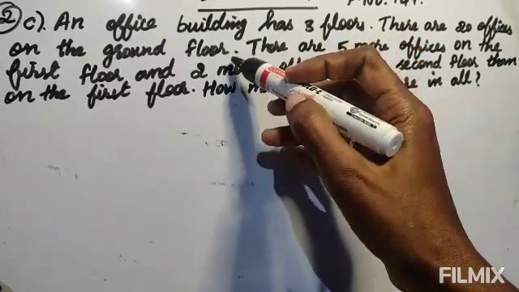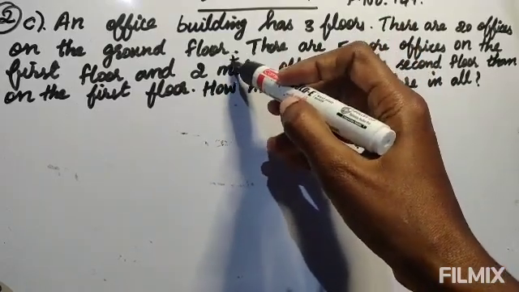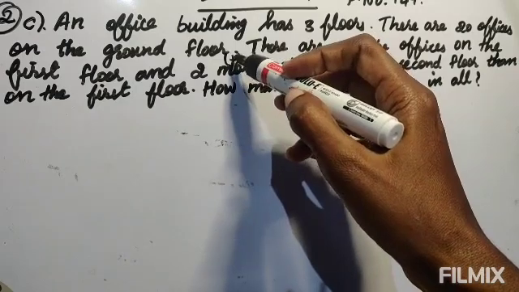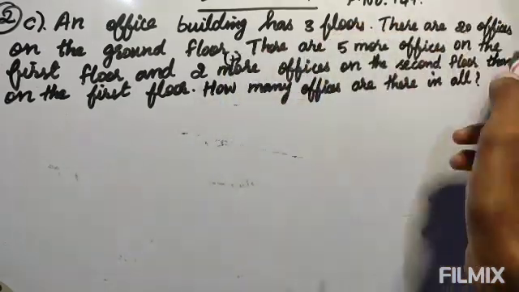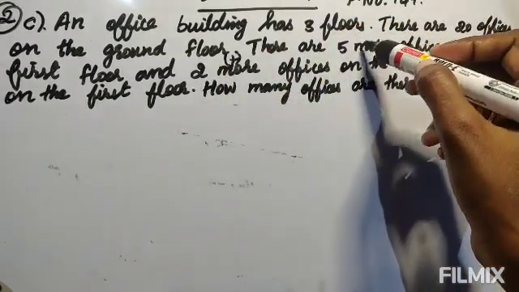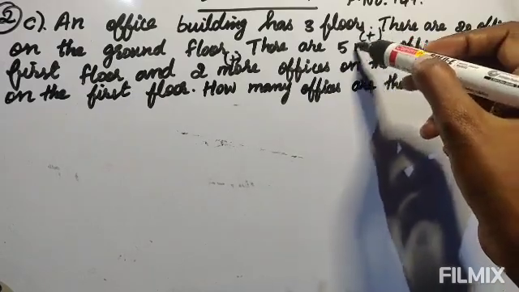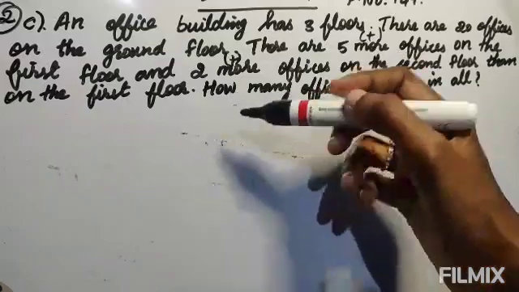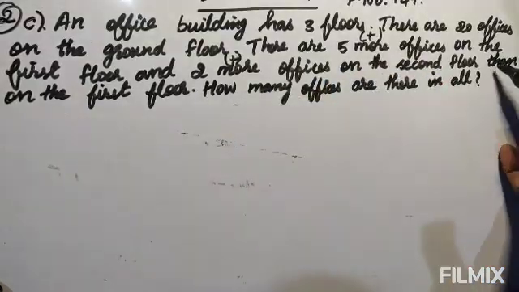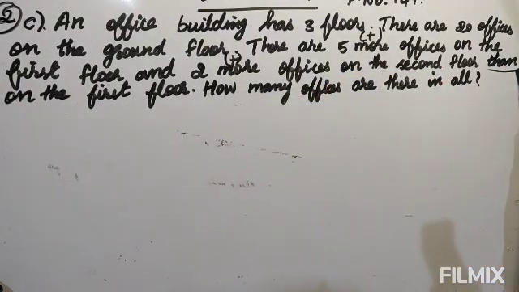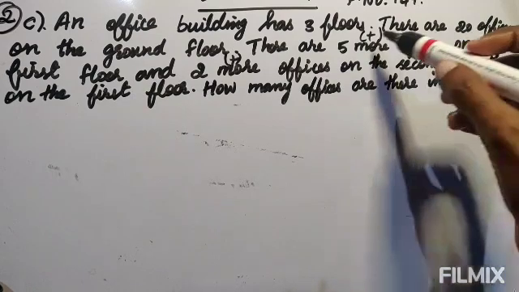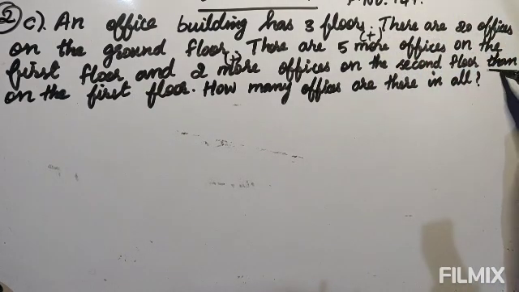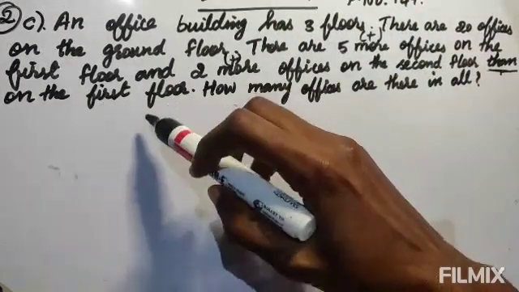So this word "more" itself says you have to add. Okay, so you have to add with what? You have to see the full sentence. Here also, more means you have to add. So this 5 more you have to add somewhere, and this 2 more also you have to add somewhere. So where do you add it? The word "than" tells us. After "than", if more comes, there must be a "than" word. So after this "than" word, whatever is given, with that only you have to add.